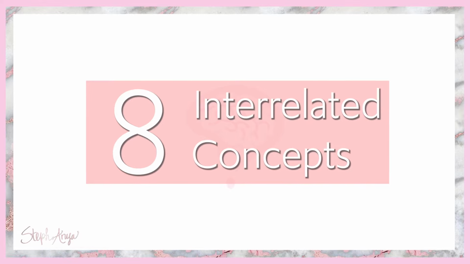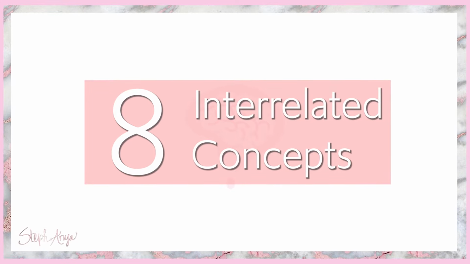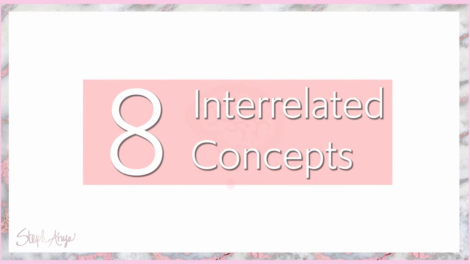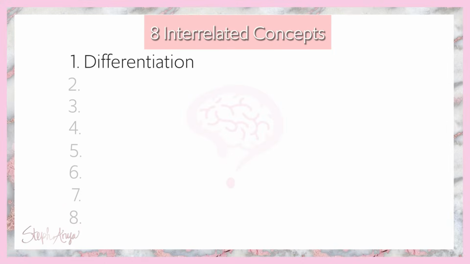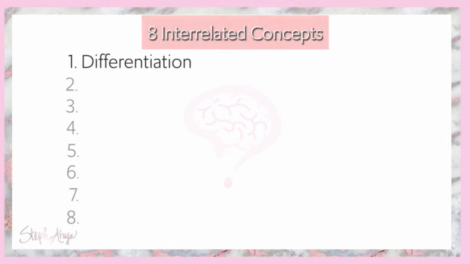The other notable thing about Bowen's model is that it really boils down to 8 interrelated concepts. And if you can remember these concepts, then you're pretty much golden when it comes to any marriage and family therapy exam or paper when it comes to Bowen's model. The first and most important concept, and honestly my favorite aspect of this model, is the concept of differentiation. You can think of this as the anchor of Bowen's model.